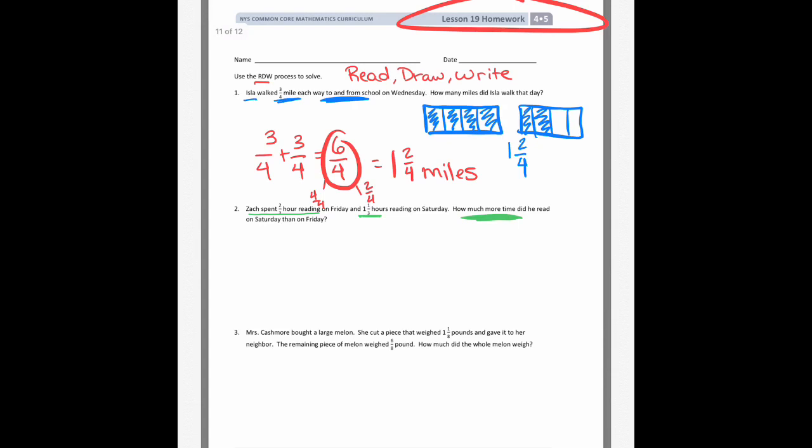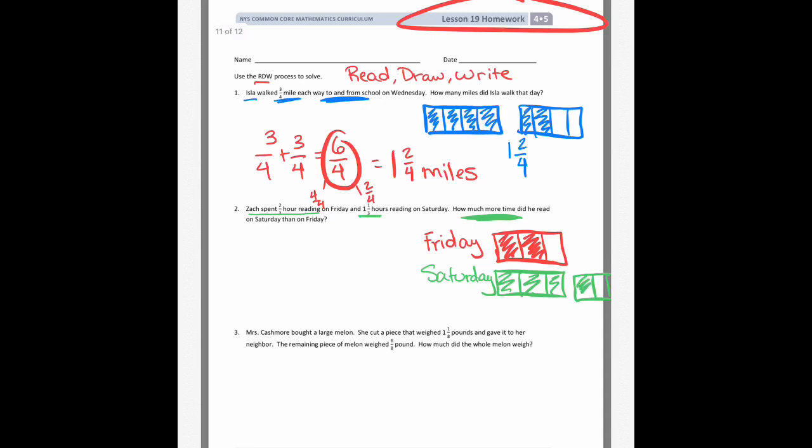So I'm going to draw a picture to represent how much he read on Friday, where each rectangle is equal to a whole hour. I'm going to split it into thirds because that's what we're working with. So on Friday he read for 2/3 of an hour. And on Saturday, he read for 1 1/3, so he's going to have read for a whole hour that I'm going to fill up here, and 1/3 of another. So I should have left more space, but I'll draw a rectangle over here, and 1/3